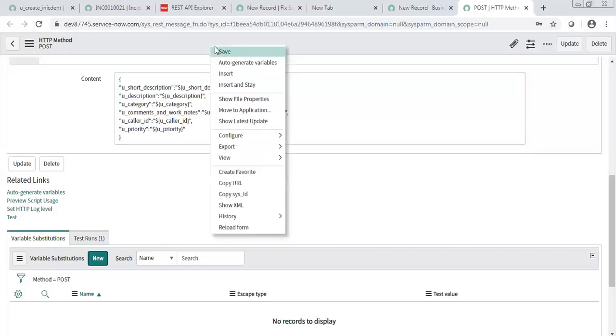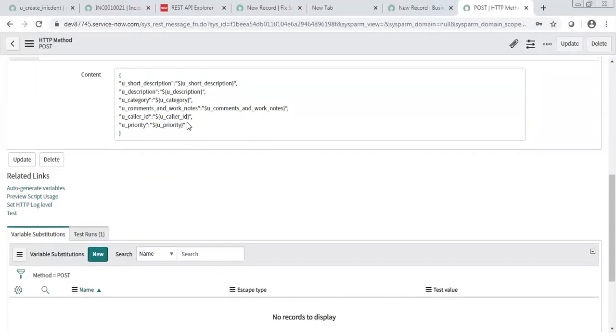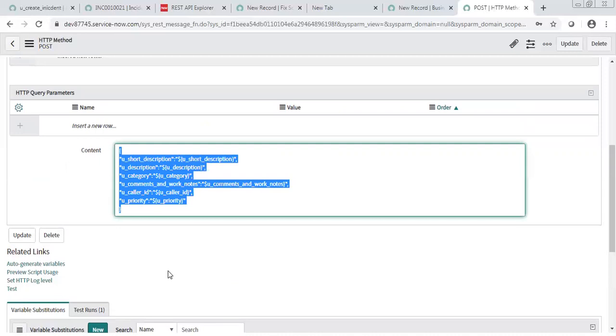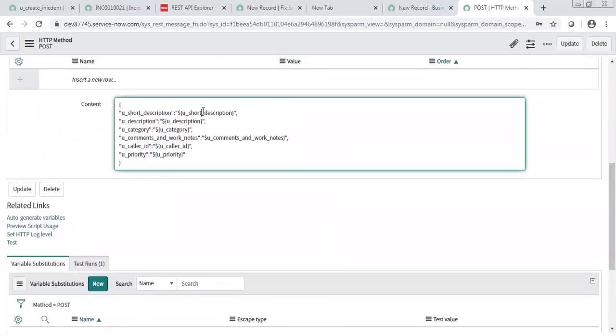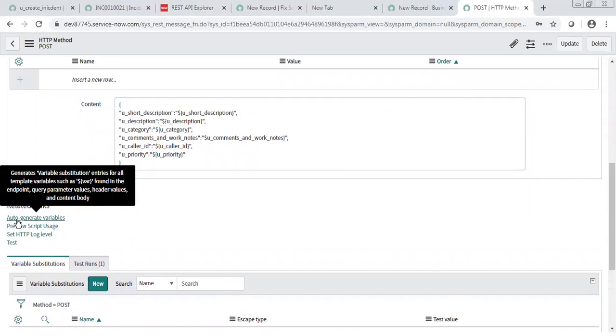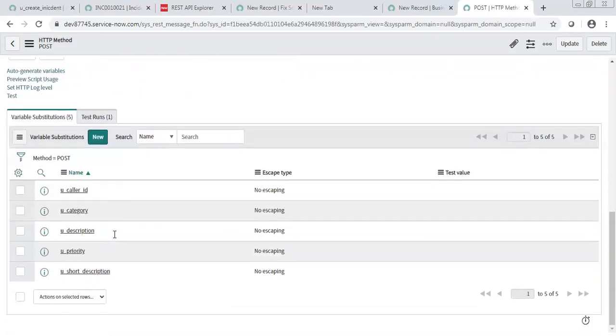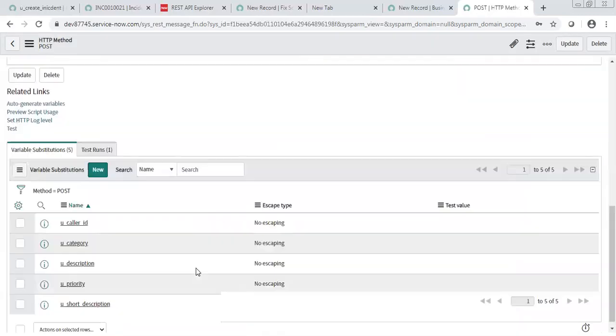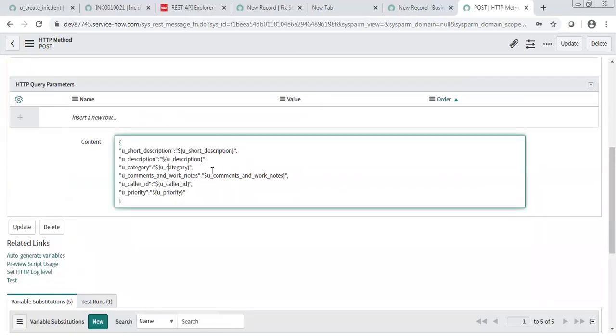Now it is dynamic. Before switching to the business rule, you need to test whether the dynamic thing is going to work or not. This method should create an incident using the dynamic values. To test it, you need to pass the dynamic values as well. You first have to auto generate these sample values. So all the dynamic values are generated here. Caller, these. 1, 2, 3, 4, 5, 6. Which one is not generated?